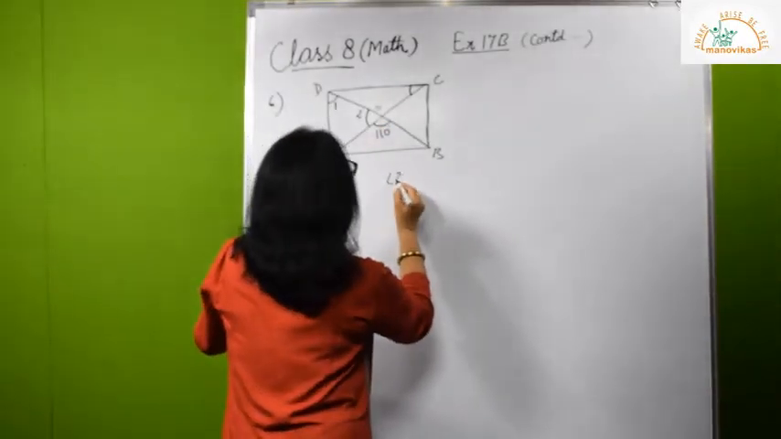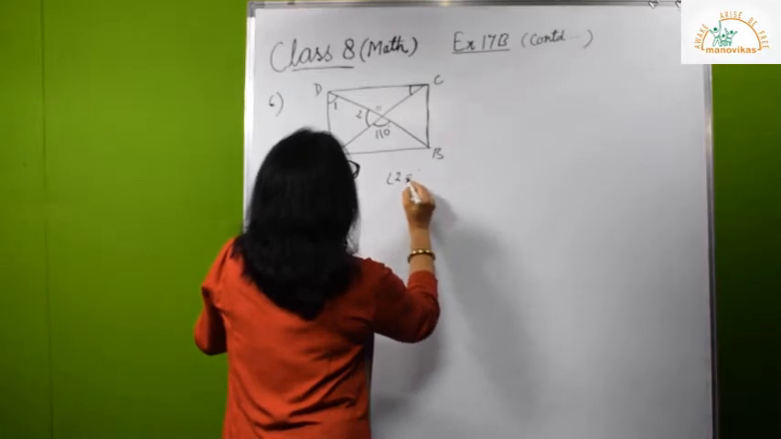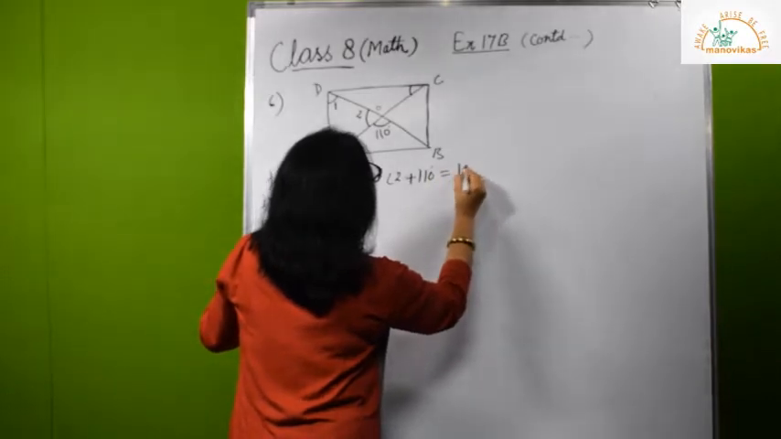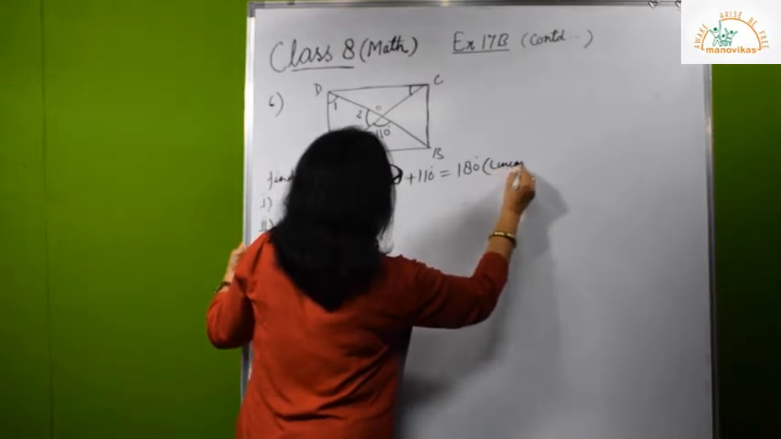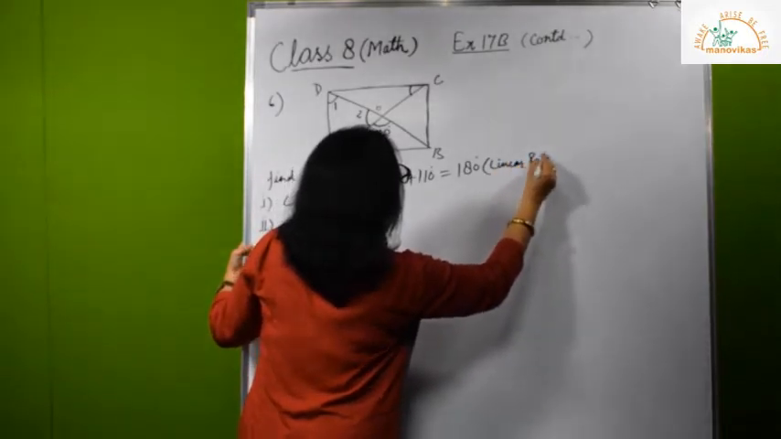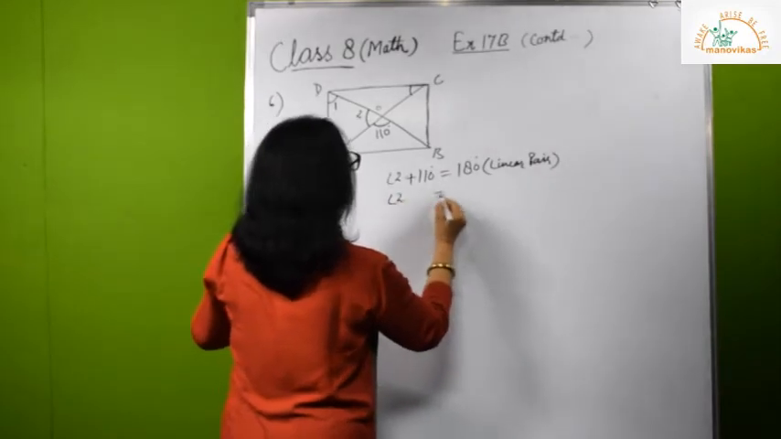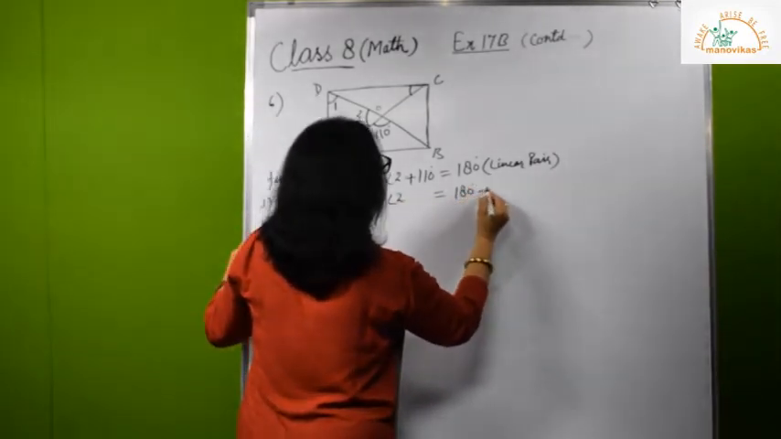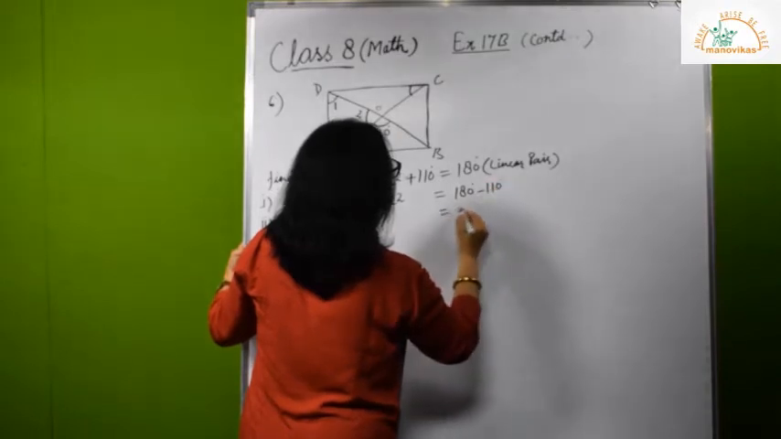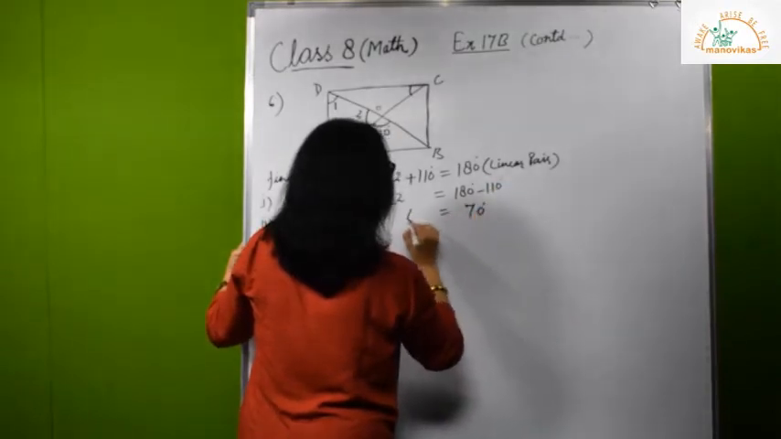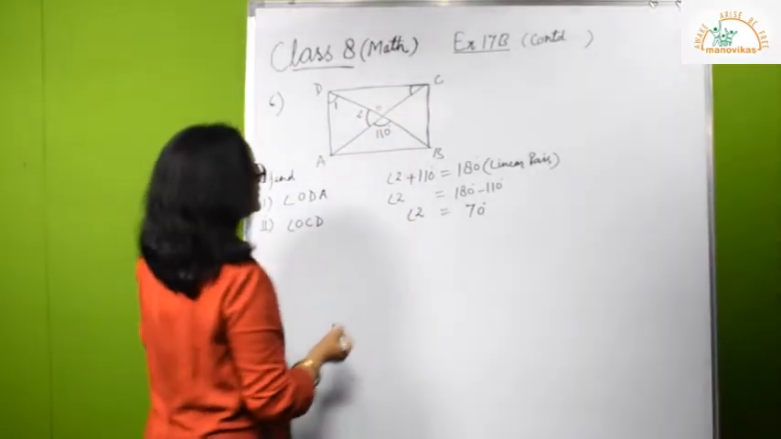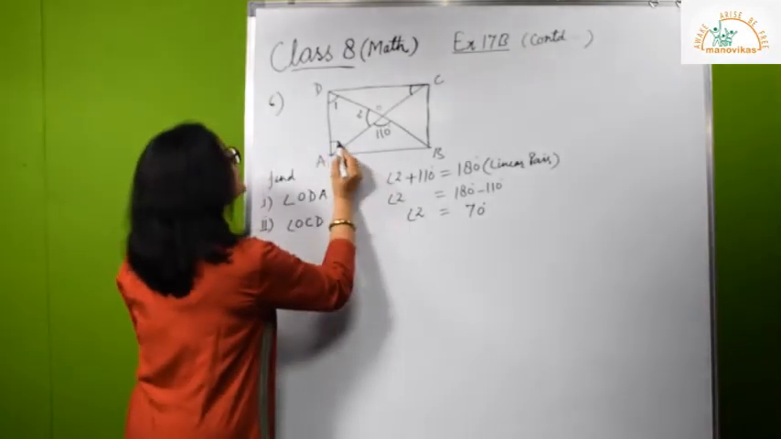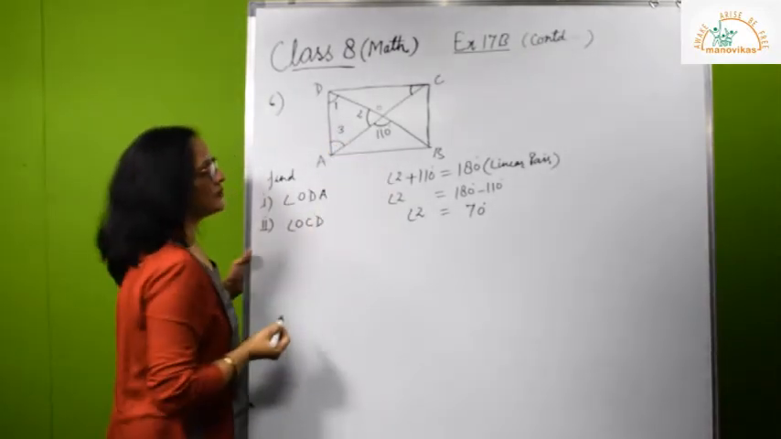So angle 2 plus 110 is equal to 180. The reason is linear pair. So this way angle 2 is 180 minus 110, and that is equal to 70 degree. So angle 2 is equal to 70 degree, we have found. Now what about this angle? If this angle is 3,